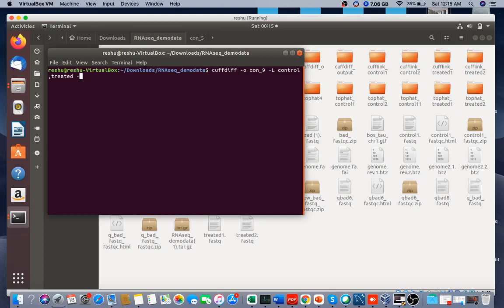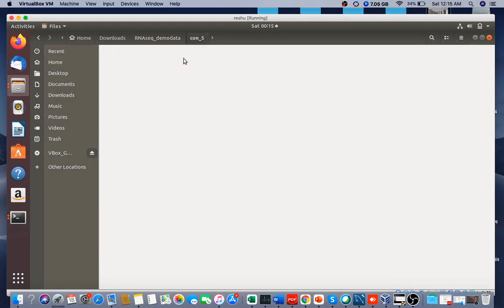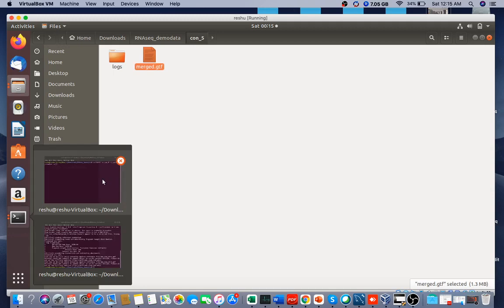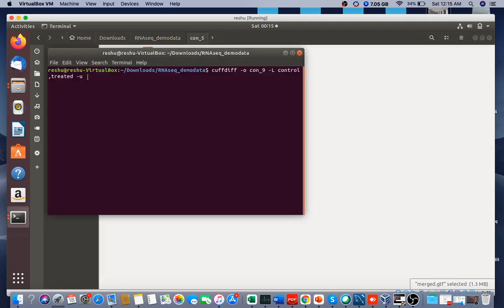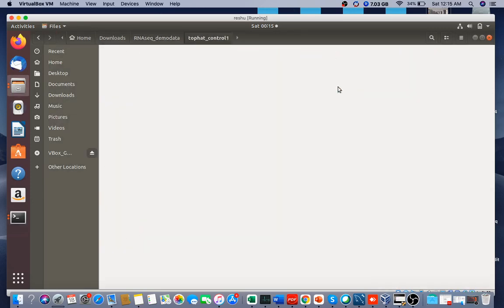then -u, and then you have to use this, let's say this file, maybe you can use, okay, then space, and then you have to use the tophat files. These are the TopHat files which you need to use, which is control 1.